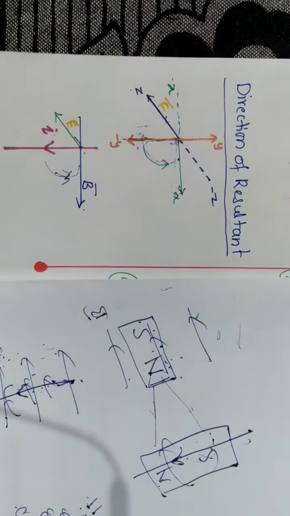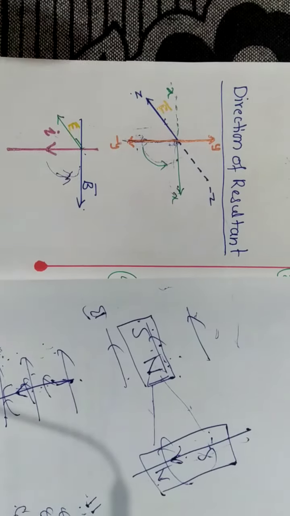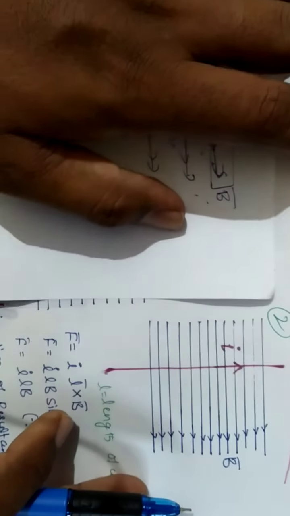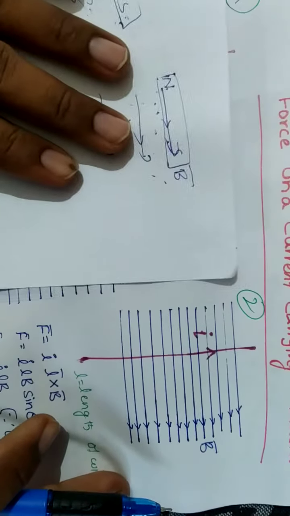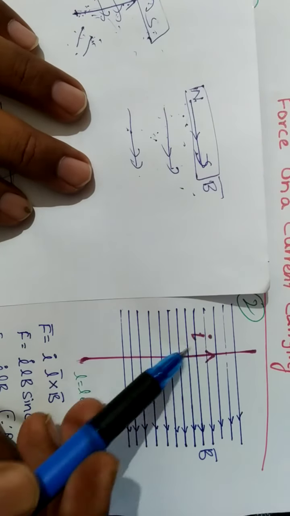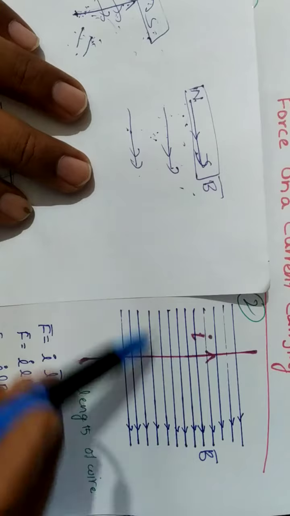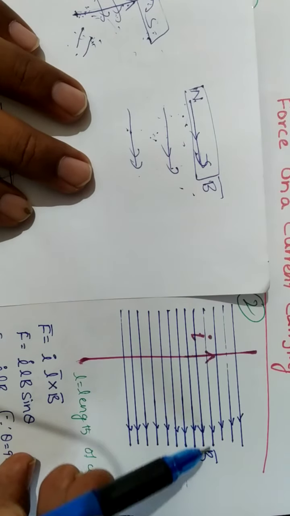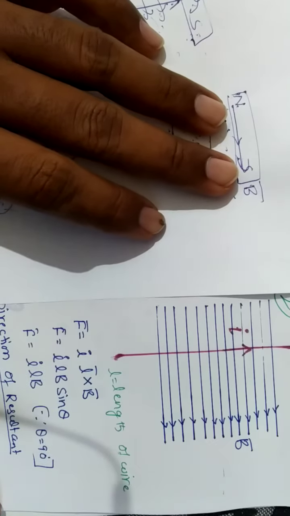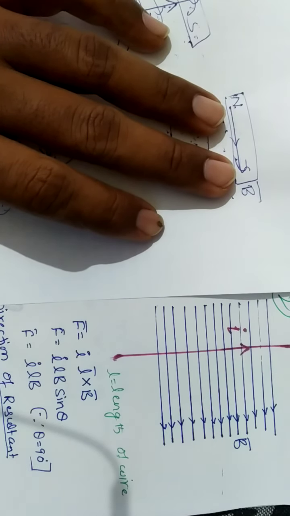Now we will see another example. We just reverse the direction of the current and see how it behaves. Consider the same diagram, but here the direction of the current is reversed. The current is now moving upwards, the wire is like this, and the magnetic field is horizontal. Throughout this video we keep the magnetic field horizontal only. Now for this picture we calculate the amount of force acting.